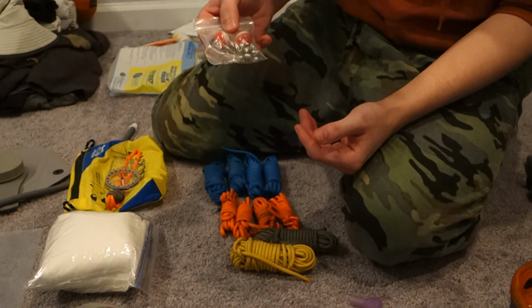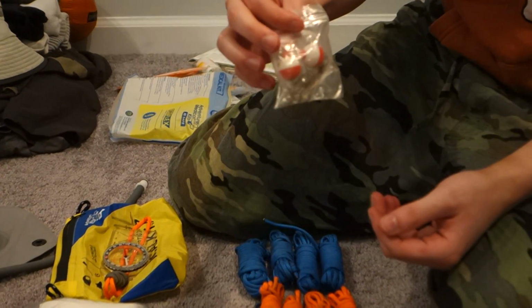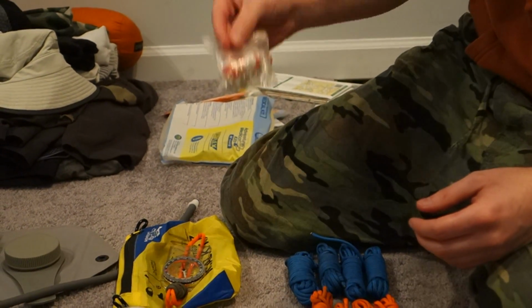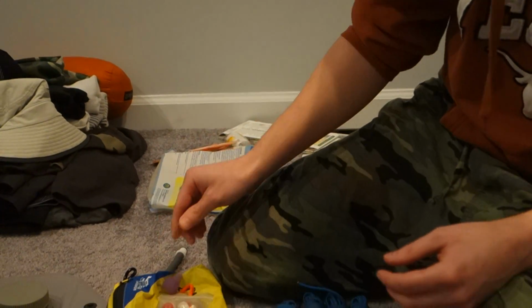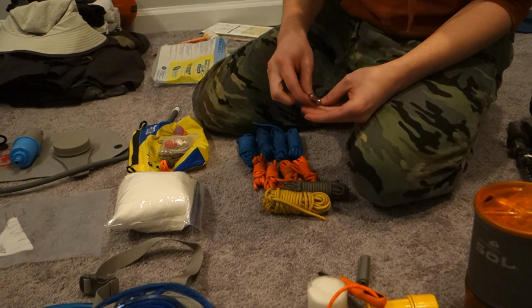So we have fishing gear as well, just in case you're out in the wild and you don't know what berries to pick. At least you can fish. We have backup water things, whatever these are called. Got some safety pins just for fun. I use this